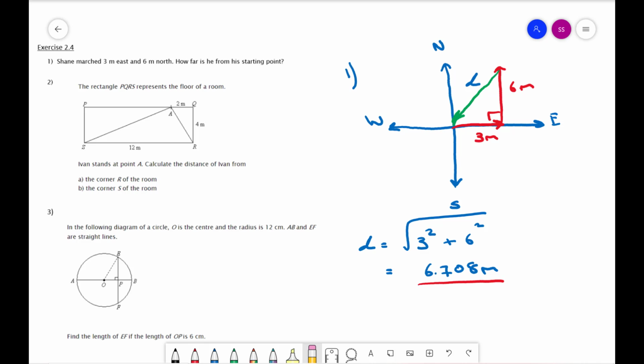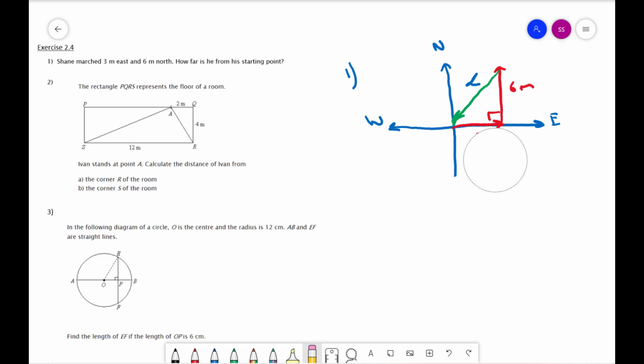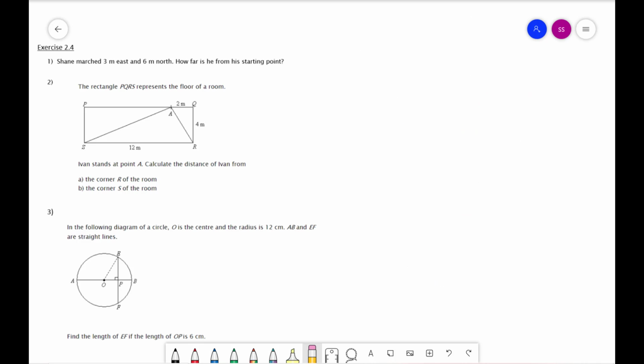Okay, let's move on and check out number 2. So for question 2 then, we've got the rectangle PQRS represents the floor of a room. Ivan stands at point A. Calculate the distance of Ivan from A, the corner of the room R, and B, the corner of the room S. Okay, so let's take the first part of that question for part A,